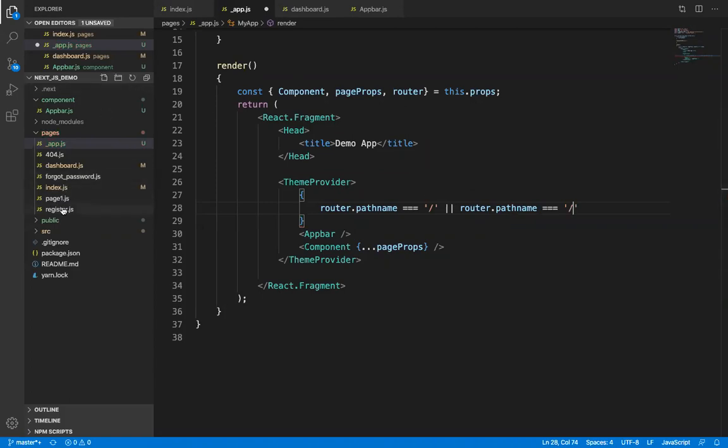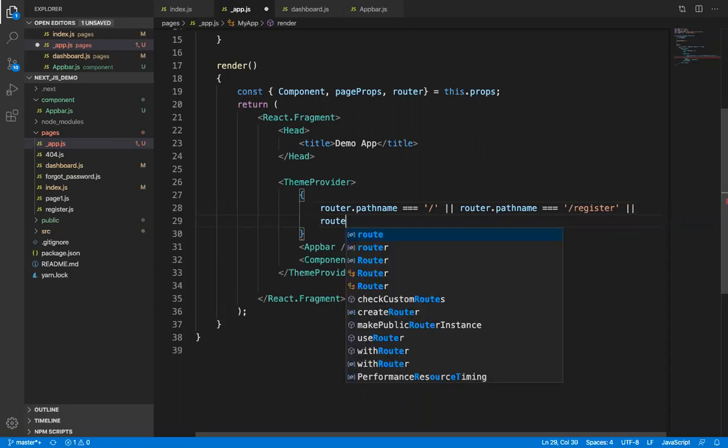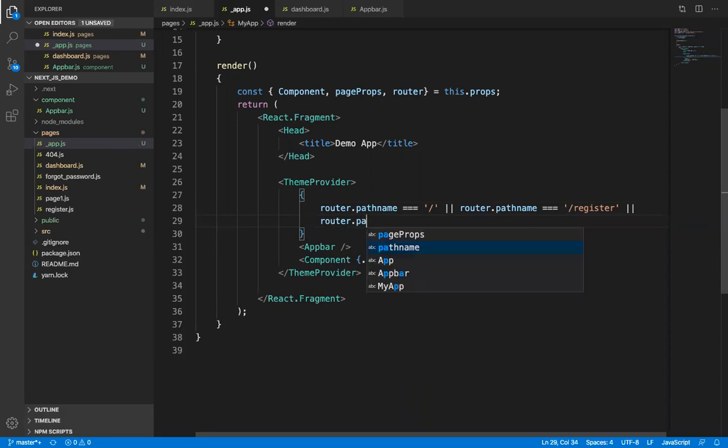Next page is register, or forgot password. Okay. So if our router name is slash, or slash register, or slash forgot password, we don't want to see the app bar here.